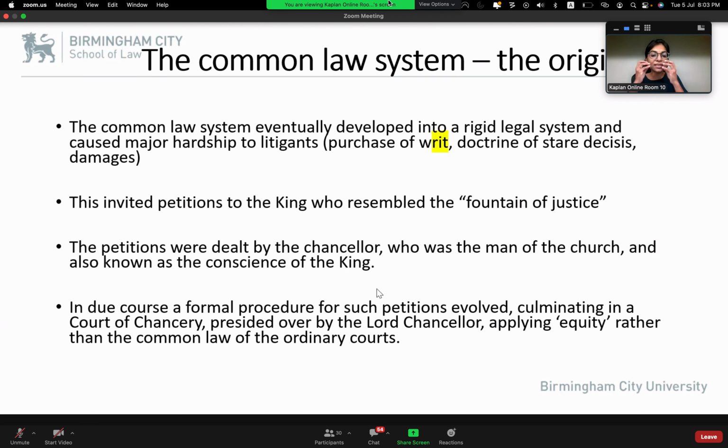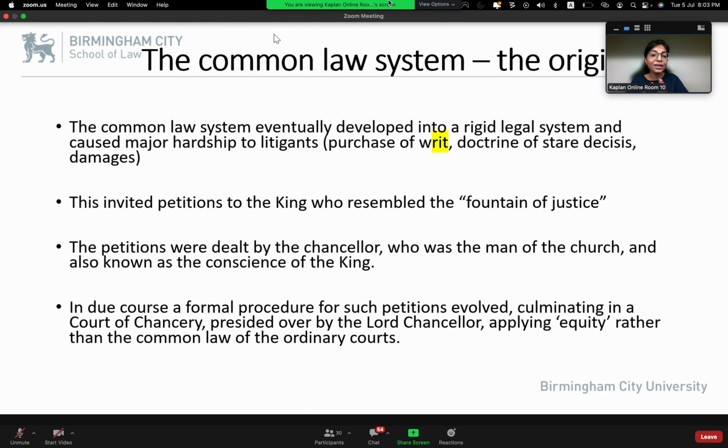So that is the creation of, look at my last point, the Chancery Court. The Chancery Court is named after the Chancellor because the Chancellor began to accept these cases on behalf of the king. And guess what? The Chancellor applied equity. What is the meaning of equity? Equity means fairness. Equity means justice. So the Chancellor decided cases based on the principles of fairness, based on the principle of justice.